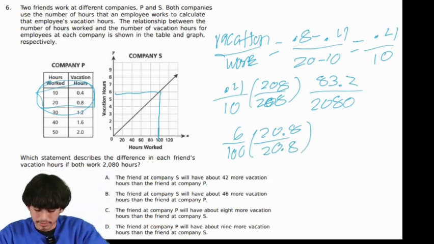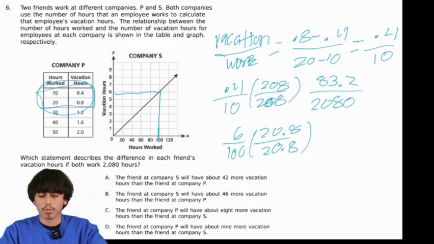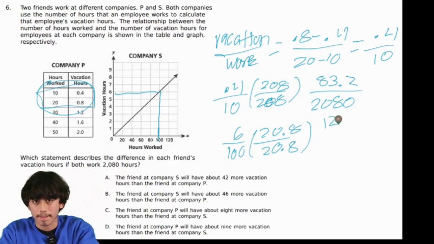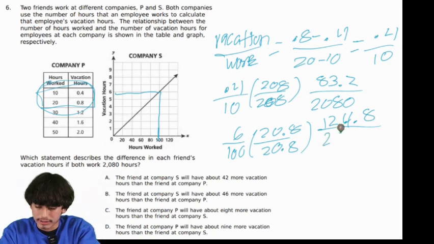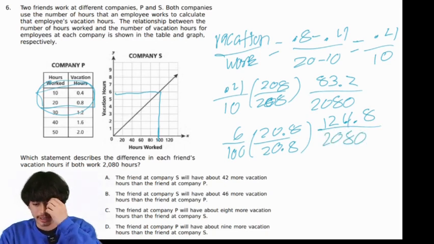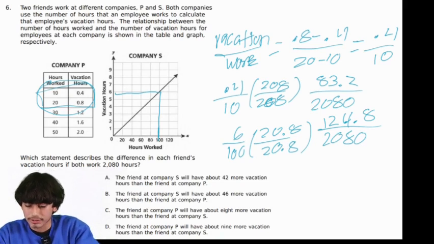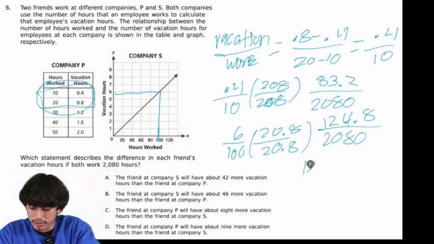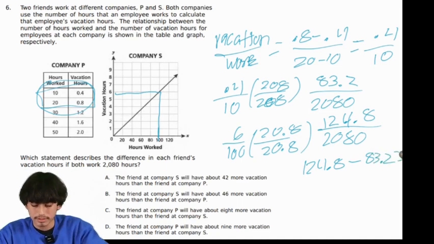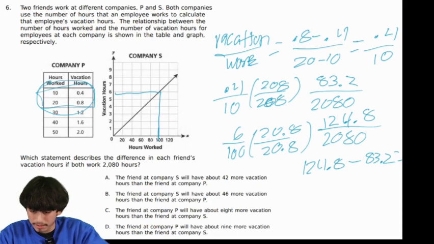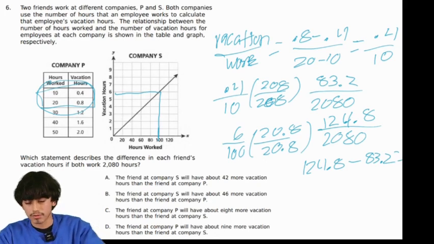And that's going to be 124.8. And for the 100, it's just going to turn into 2080 like above in the other one. And so if we do 124.8 minus 83.2, it's going to equal